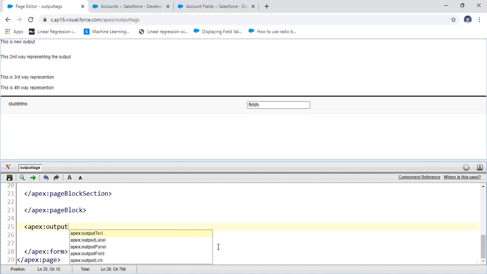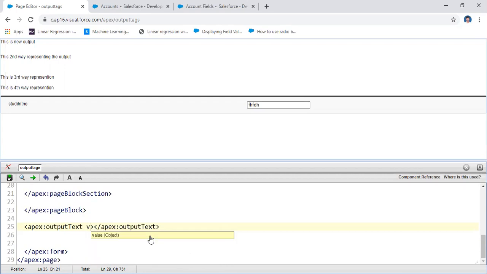Output text. In the output text I'm taking the value. Here I may use any value. You have some parameters here. Value here is an object. Here I'm going to get some information, binding some value. How can I bind the values here? If you want to bind a value, you may use these brackets with the exclamation mark.